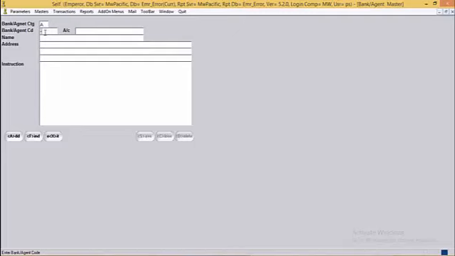Here user can define the agent code. For example, I am adding a new agent as A001. Then user can specify the agent name over here.